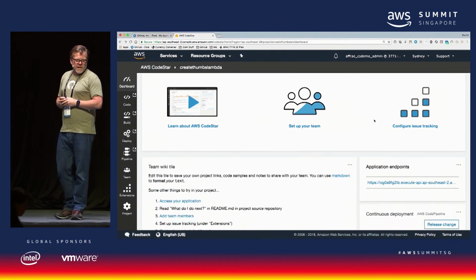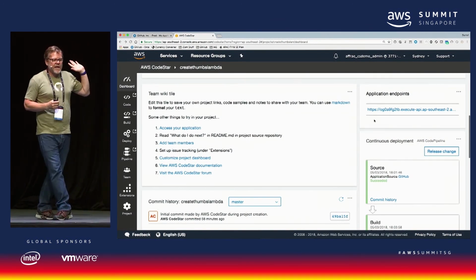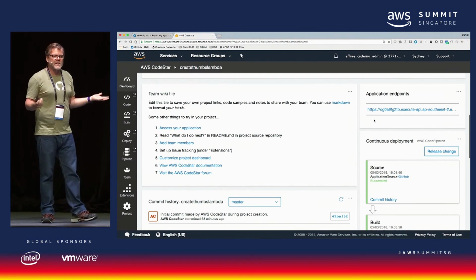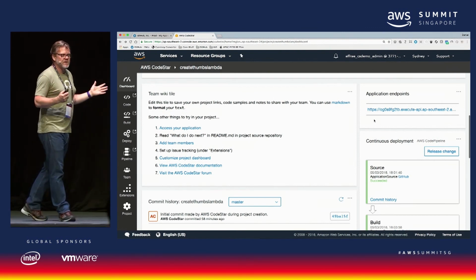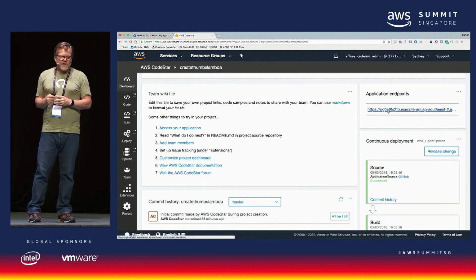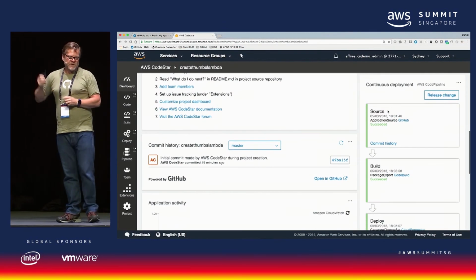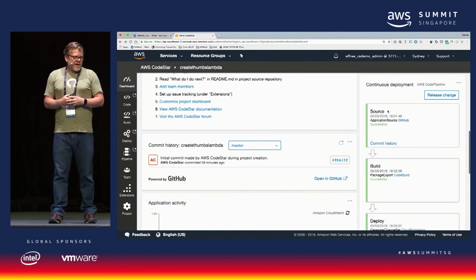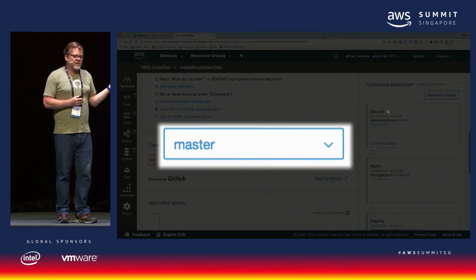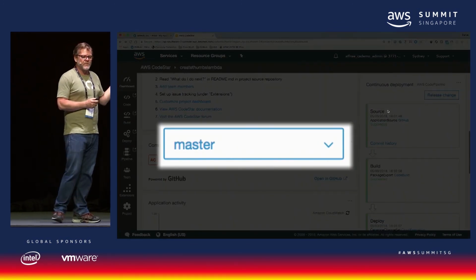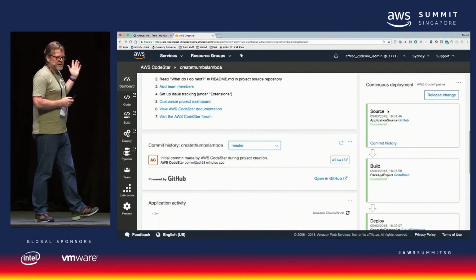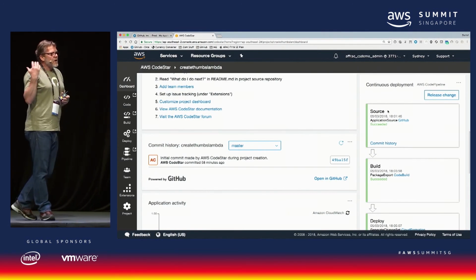So as we scroll down, we can see on the left-hand side, we get access to a wiki where you can create documentation for your new users or anything else that you want to document. On the right, we have an application endpoint, and if I click on that, we can see our web page that we just generated. Further down on the left, we now have an integration directly with GitHub where we can see the commit history on the master branch. And I can look at other branches if I need to from there. On the right-hand side, we have our